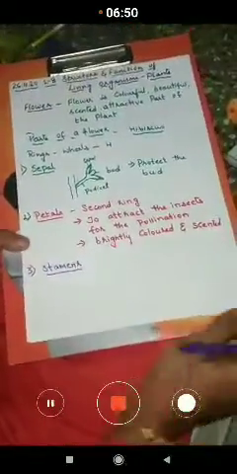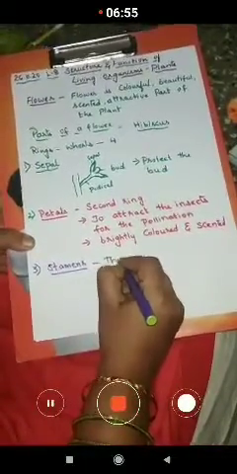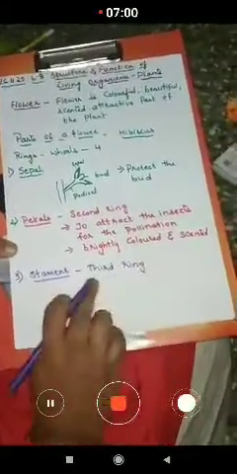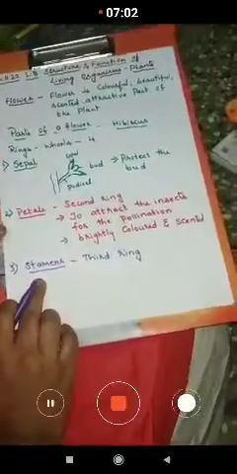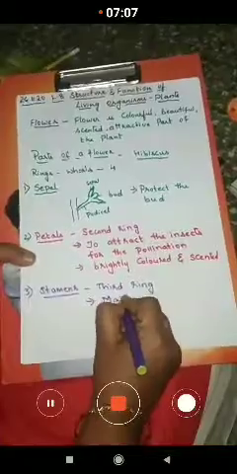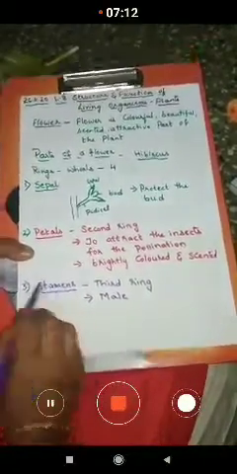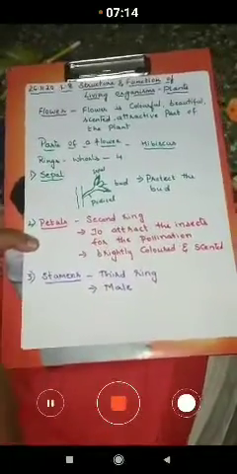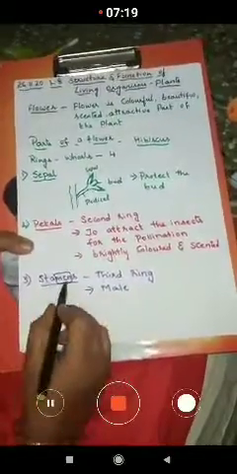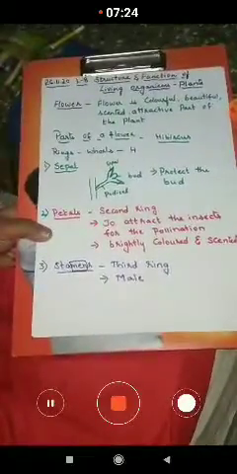The third ring of the flower is the stamens. So, this is the third ring. The third ring of the flower, we call it stamens, and this is also called male, M-A-L-E. See here, in the word itself you can observe stamens, men is there, M-E-N, men. Can you see? Stamen, men means male part. So you have to remember in that manner.